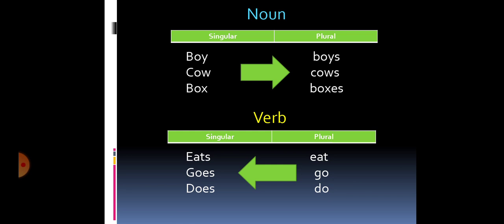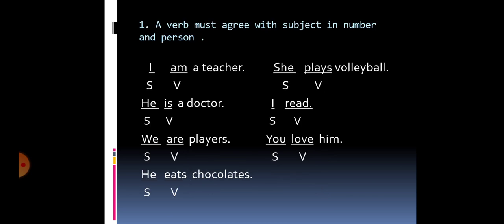Okay, just for example, I'm giving you this one sentence. Tell me which one is correct. Okay, the boy read book, the boy read, or the boy reads. Yes, the boy reads is the correct thing, because here boy is a singular subject, and reads is a singular verb. So noun and verb both are singular in this. Okay, understood?